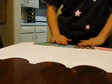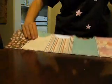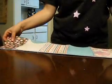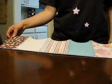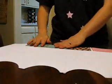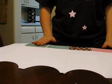Alright, what we're going to do is put the back for the pockets, because if you see, when I close this, this is what will be visible. You see how you're going to be able to see the back of that. So, take your papers, arrange them. You can choose to use the same pattern or a different one behind. You will have one extra though, I provided you, so you can choose which pattern paper you would like to use. And attach those just like you did the front sheets, leaving a little bit of white space between each